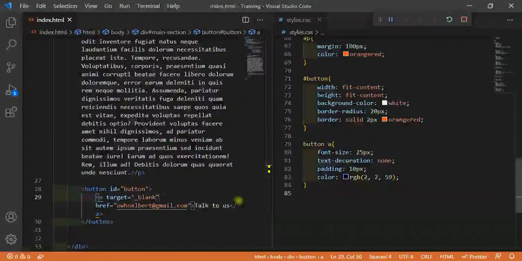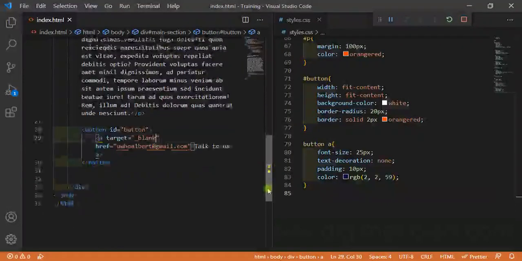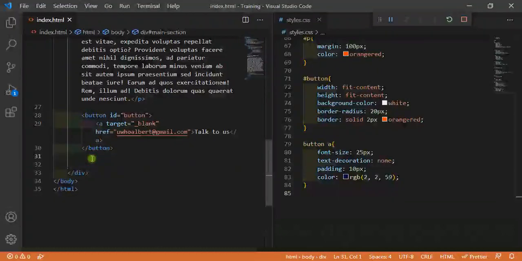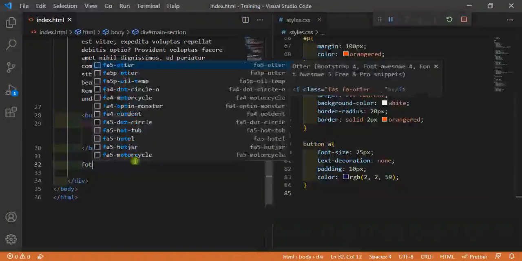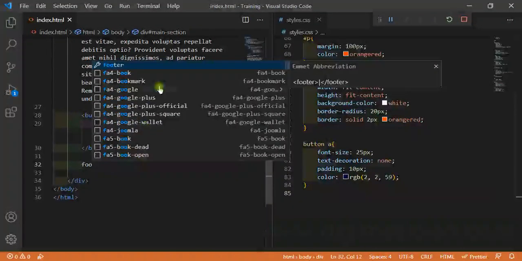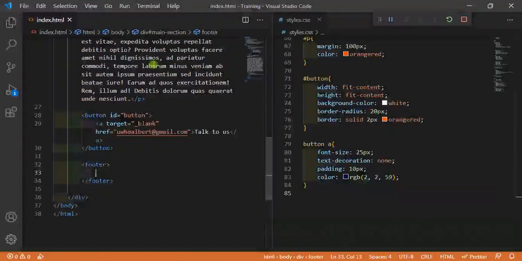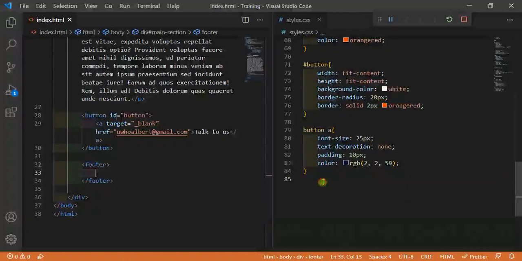So the final thing I want to do is to add the footer. After the button, we will have a footer. Let me add the footer, and I will say footer. Within my footer, we're going to have some things. I'm just going to have a copyright text within my footer. So I will say footer,